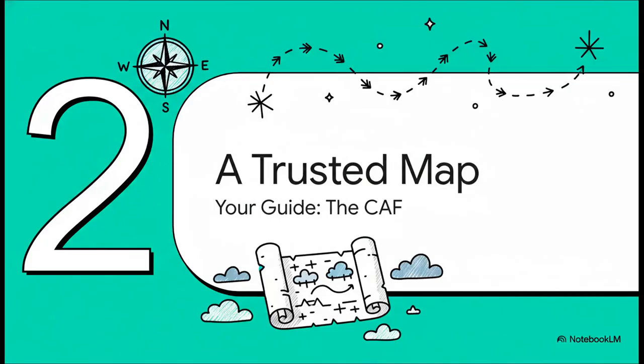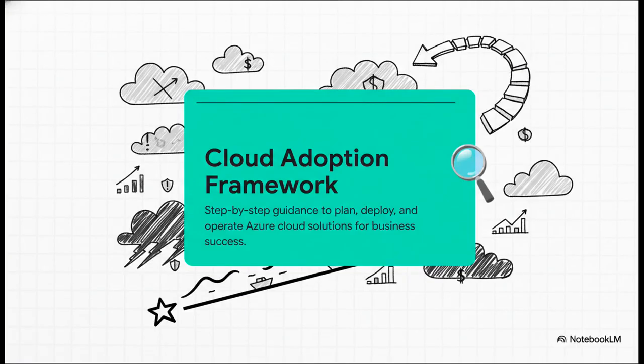But what if you had a map? Imagine a guide that was literally crafted from the experiences of thousands of others who've made this exact journey before you. Well, that's precisely what the Cloud Adoption Framework, or CAF for short, is. It's not some product you buy. It's a complete methodology to guide you every step of the way. So at its core, it's this really structured, step-by-step approach. It's designed to help you navigate your cloud transformation, to minimize all those risks we just talked about, and most importantly, to maximize your return on investment. It's all about turning that perilous journey into a predictable one.